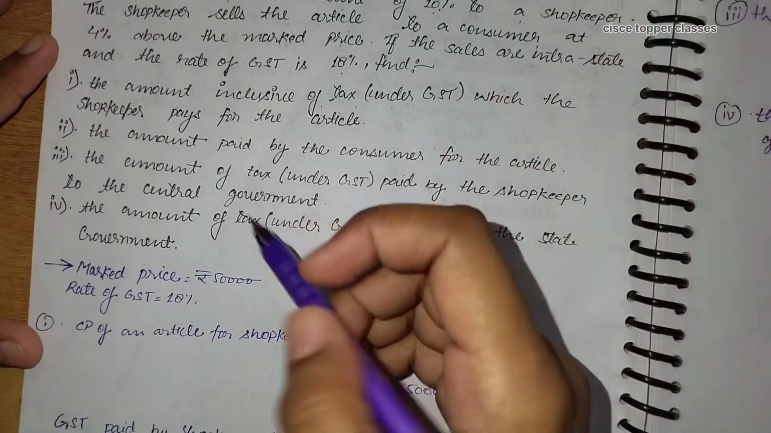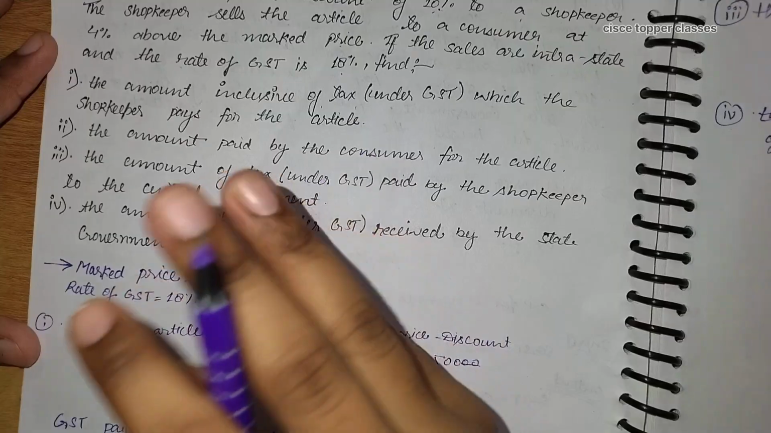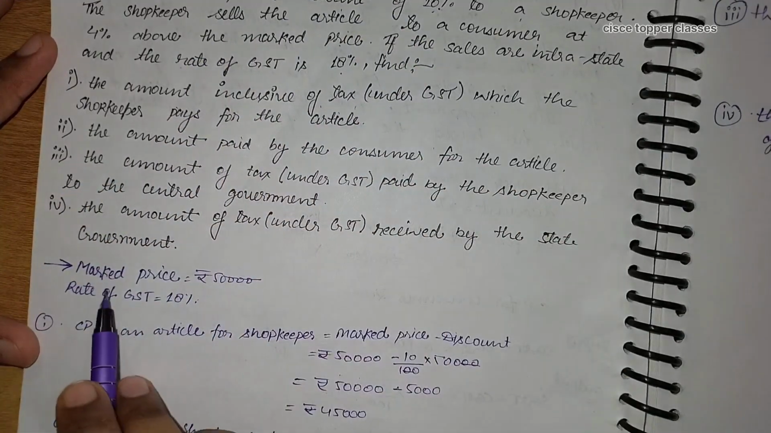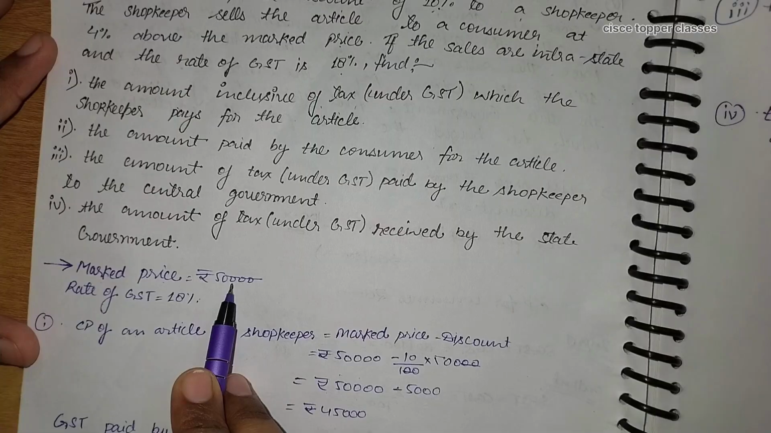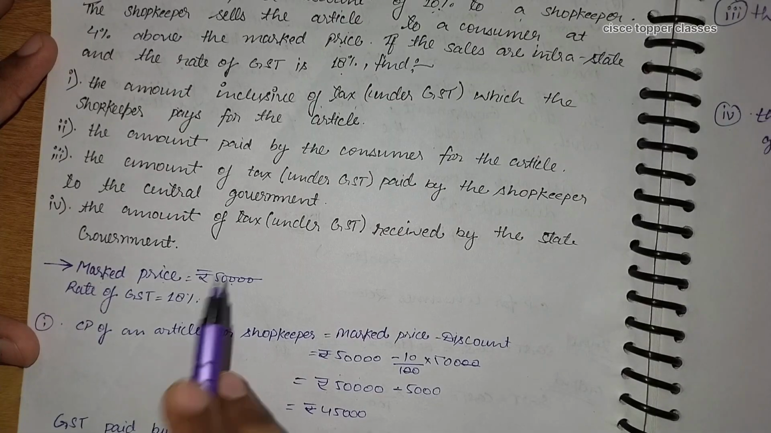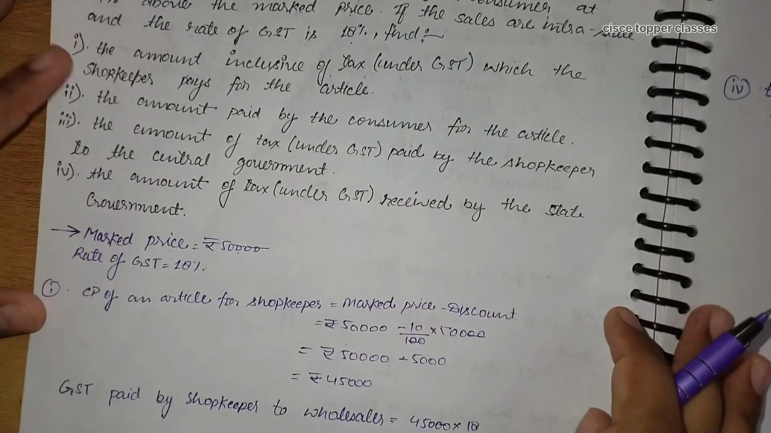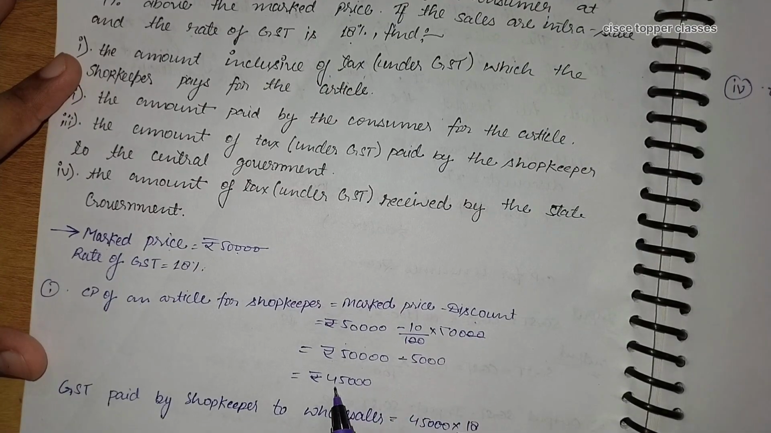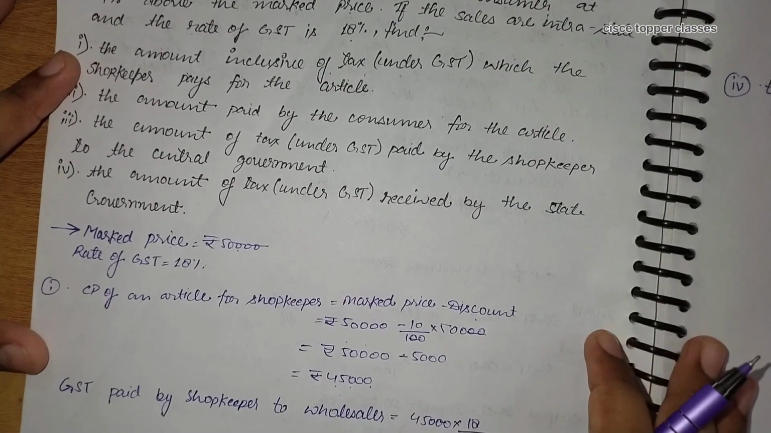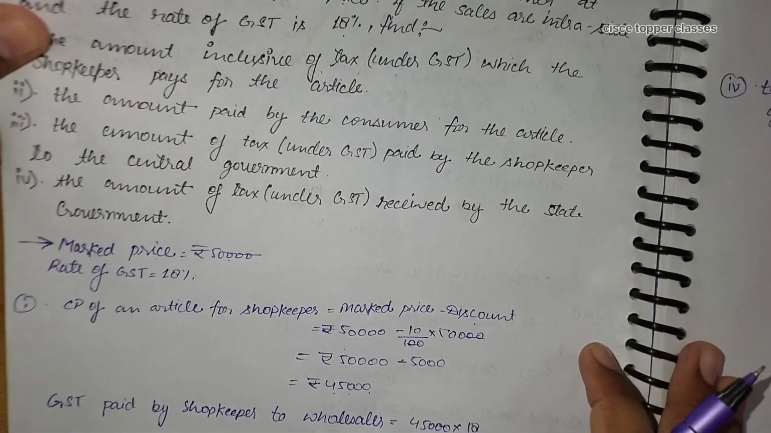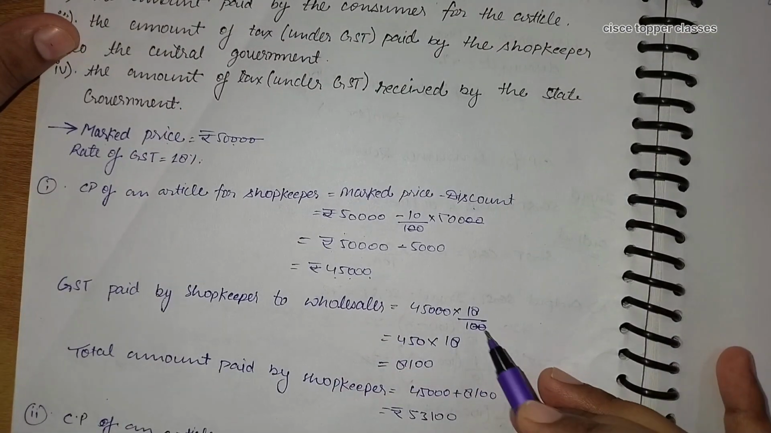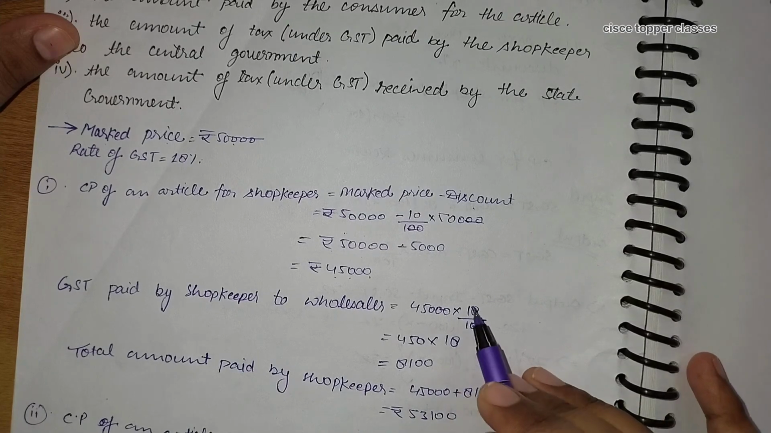So here we have to firstly find the amount inclusive of tax which the shopkeeper will pay to the wholesaler. Here we can see the mark price is 50,000 and the wholesaler allows a discount of 10% to a shopkeeper. So from the mark price we will subtract the discount part and we will get rupees 45,000 on calculating. And if we want to write the amount including GST, the GST paid by the shopkeeper on this amount will be 18% divided by 100, 18% of the